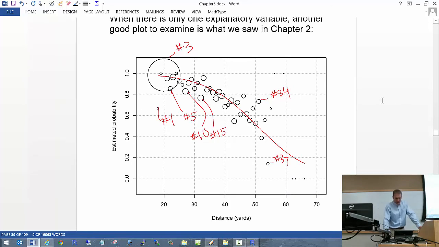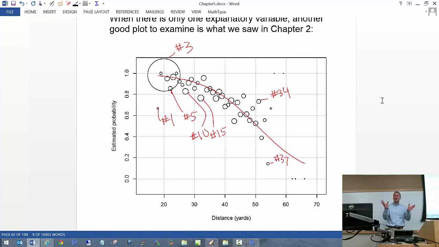So again, this is a plot that we saw from chapter 2, except for now I think I've written some red stuff on it that maybe we didn't see before. And so we see the big circle there represents number 3. Again, the circle is proportional in size to the number of trials per observation. And also we see number 1 there. Notice how small that circle is. And that leads us to the same conclusion that we've had before. But I think what's kind of cool to look at in this plot, and we used this plot at the time, was kind of an ad hoc way to